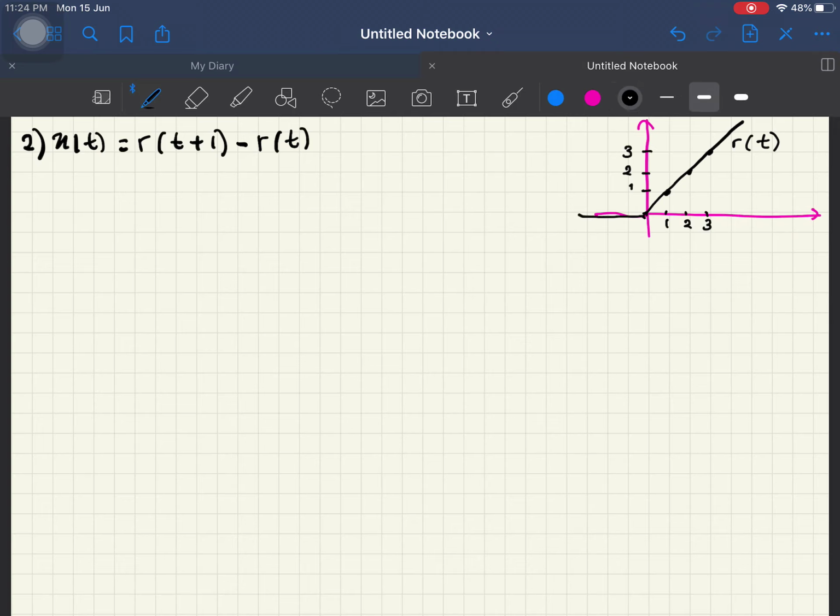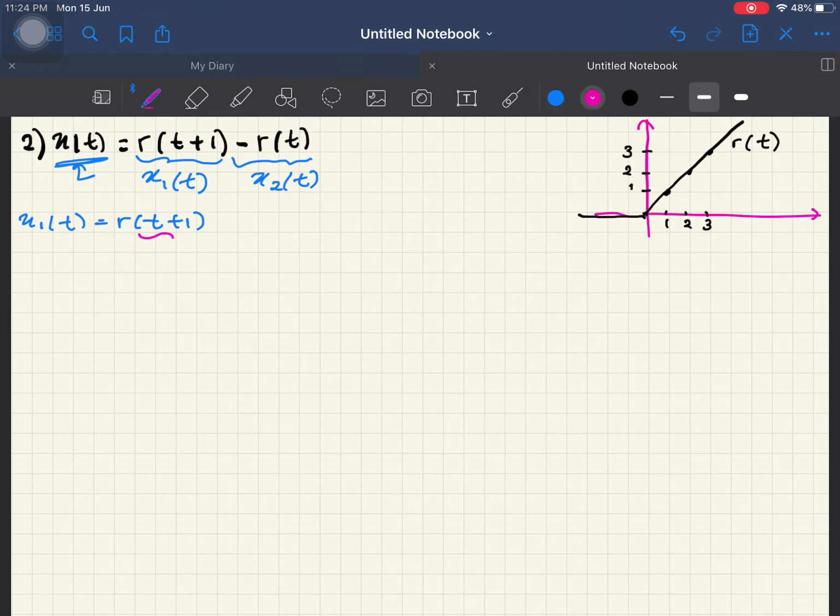Now, the question asks you to sketch the graph for x of t. Before you can sketch x of t, you need to first sketch the graph of these two signals. Let's call them x1 of t and x2 of t. So x1 of t is equal to r of t plus 1,